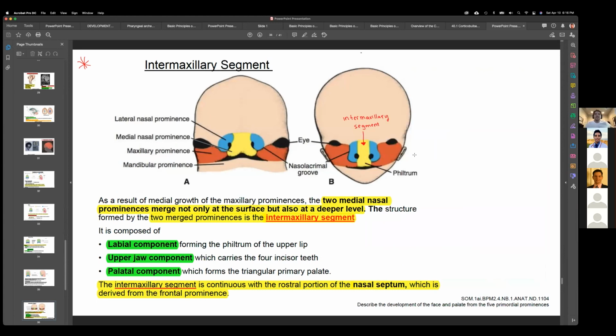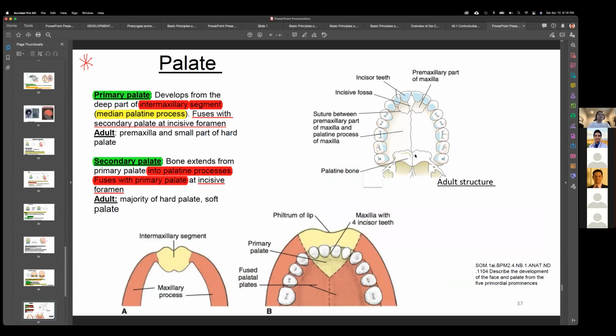So the intermaxillary segment, when we start talking about cleft lip and cleft palate, right? You can have a primary palate problem or a secondary palate problem. I don't think they'll give you images of this. They might just use it in words, right? So the primary palate comes together